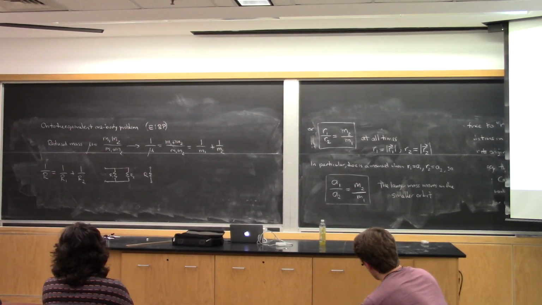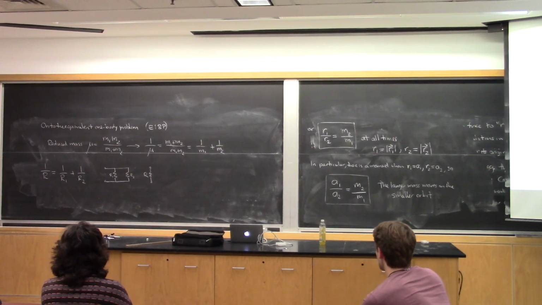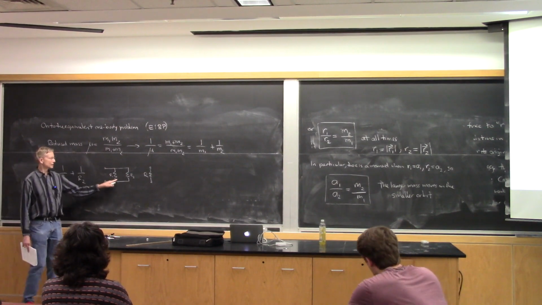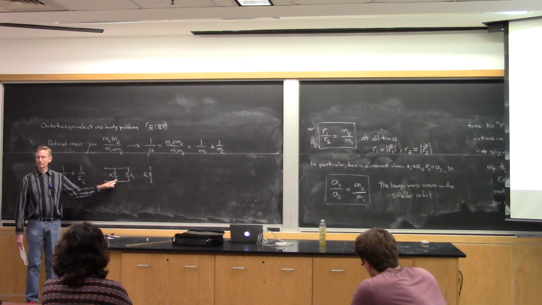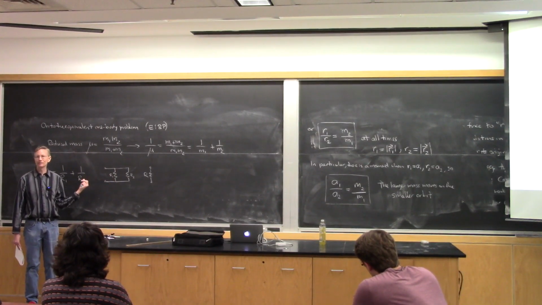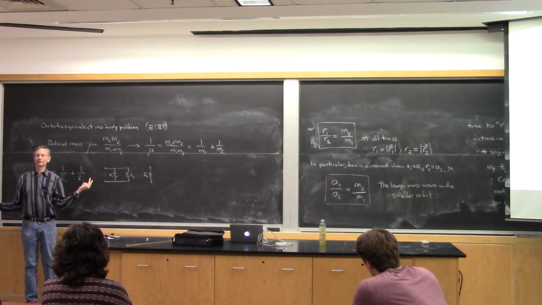So just by coincidence, the equivalent mass behaves the same way relative to the two masses involved as the equivalent resistance does for resistors in parallel. And remember, if you have resistors in parallel, the smaller resistor dominates, right? In other words, if one of them is way smaller than the other one, the equivalent resistance is practically just the smaller resistance, because kind of all the current practically goes through that one.